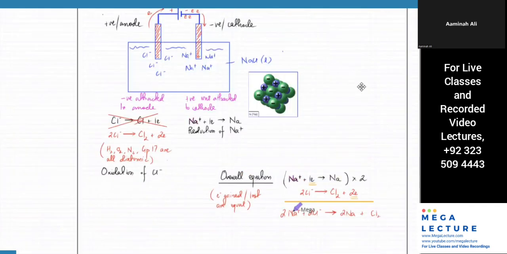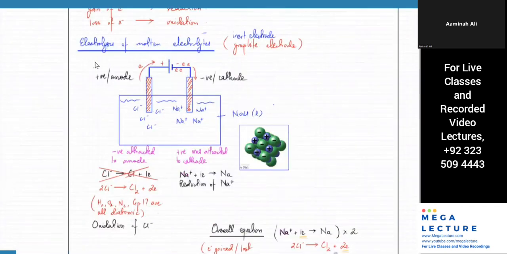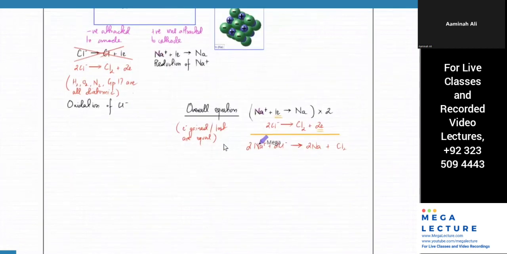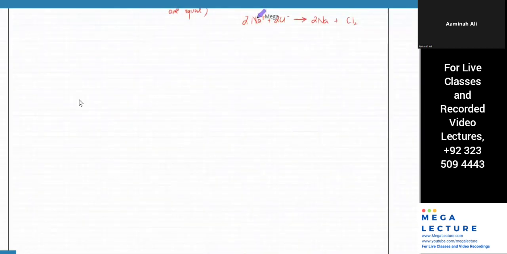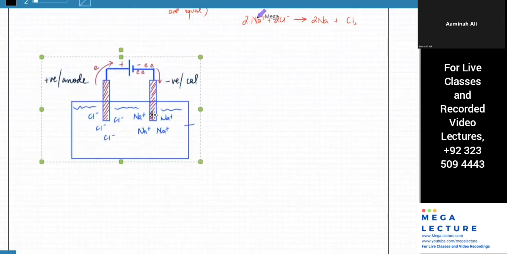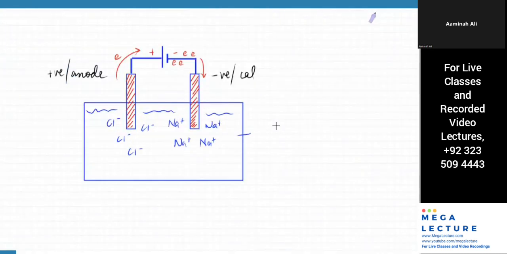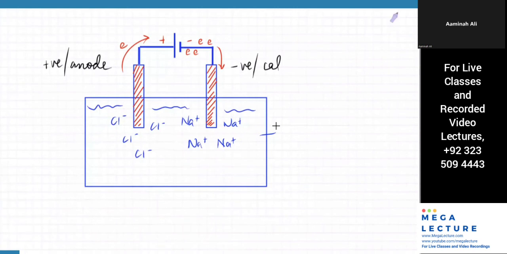I'm just going to do one more example. Let's take the same diagram, and I'm just going to pick MgO now. It's very hard to melt MgO, so I'm going to pick MgO now. This is the anode, and this one is the cathode, right? In solution, things are going to be different. I'm going to take another substance.